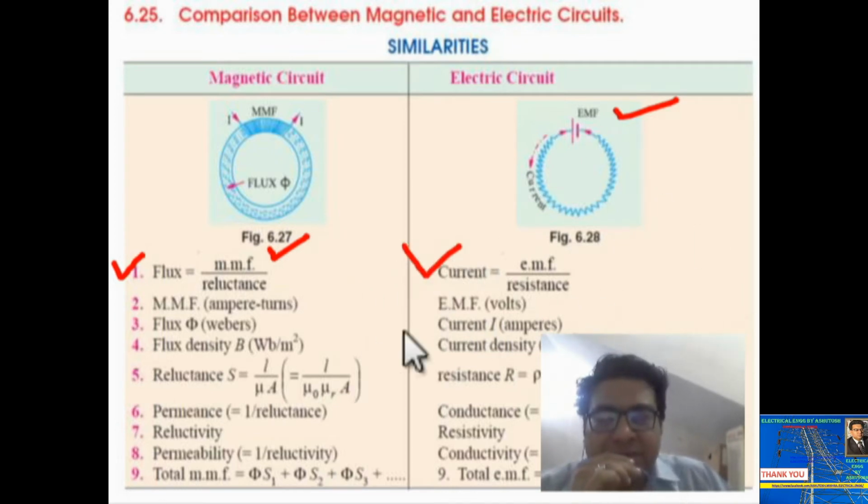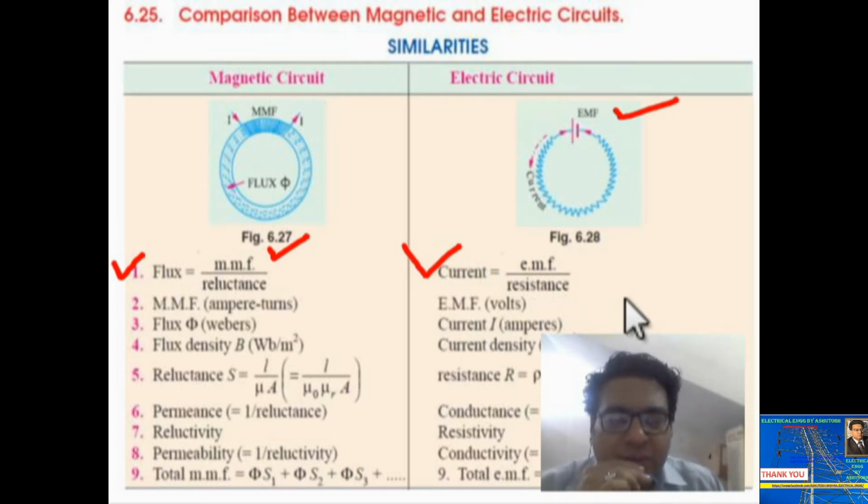You see, so here current will be there. So this is the first difference. In the magnetic circuit there will be flux set up in the iron core. In the electric circuit there will be current which will flow, and the formula for current you already know: EMF divided by resistance. And guys, here EMF is called electromotive force. And the resistance is the opposition offered to the flow of current. That property is called resistance of the wire. So guys, you can see,